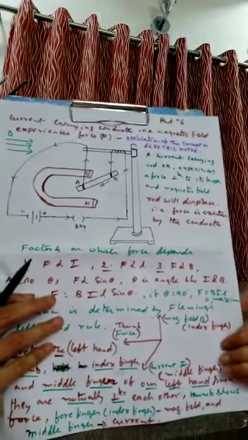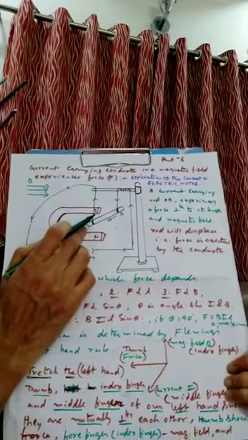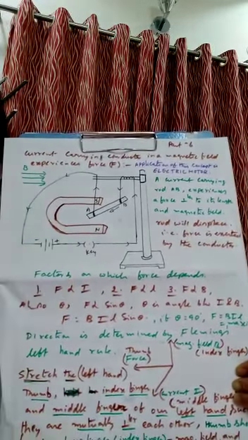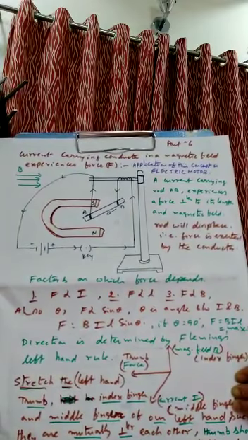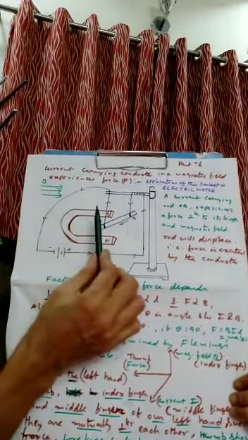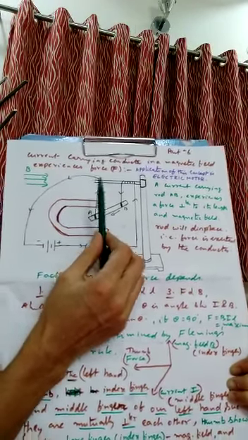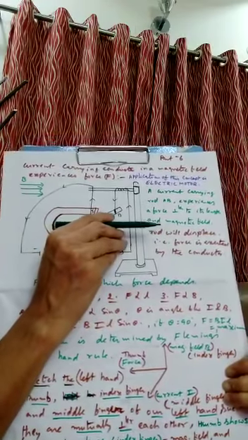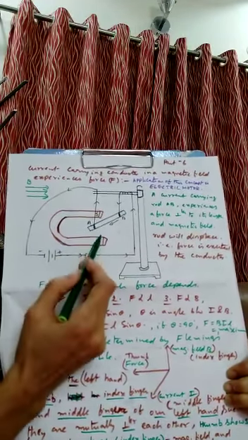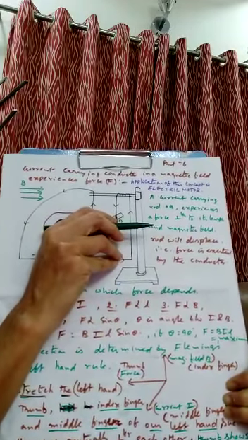In this way, when you put the key on, where are the magnetic field lines? We have already studied their properties. They start from the North Pole outside the magnet and terminate at the South Pole. So the magnetic field line goes from north to south like this. Where do we place the conductor? Like this, perpendicular. The pen is the conductor, and this is the magnetic field, perpendicular to this one.